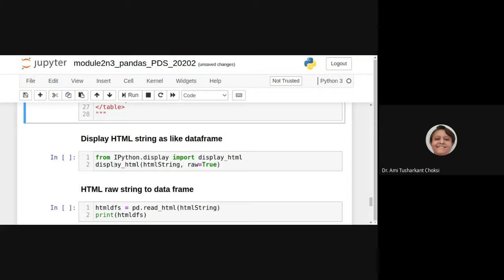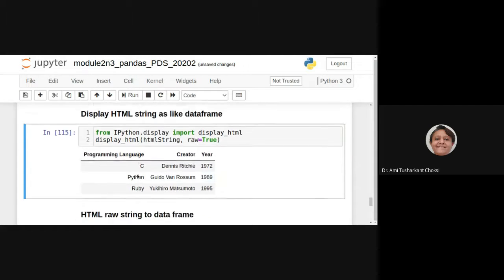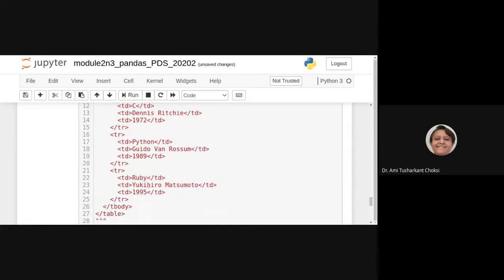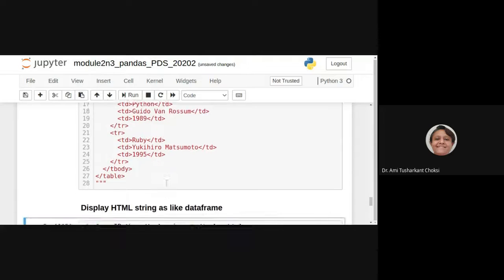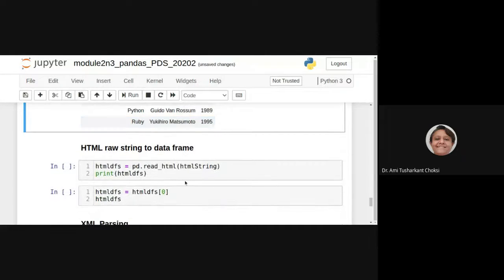So for that we can be using from IPython.display import display_html, where we are passing this string and we are saying raw is equal to True, right? So we are able to see it as programming language creator here. It is like a data frame. Whatever data is given here, that was in tabular format, that we are able to see it as the HTML, not HTML, it is as a pandas data frame, right?